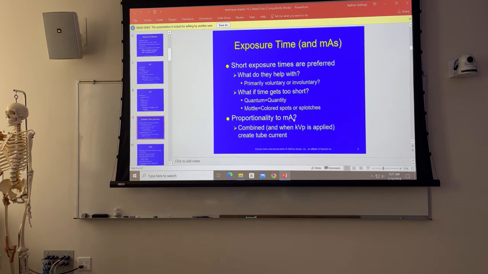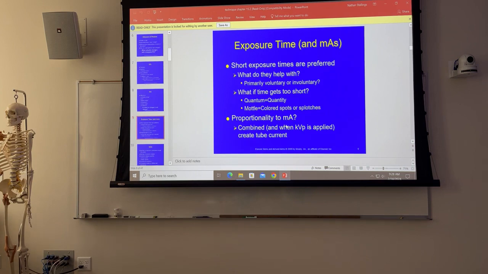So proportionality of MA is half a mass. Regardless of what our MA is, we multiply it times the time in seconds, and we create mass. We can use reciprocity to increase MA, decrease time, and maintain the same mass, right? So we've talked about when we would use that. If we wanted a breathing technique, and we had a perfect technique mass-wise, then we would reduce MA and increase time. If we wanted to limit motion artifact, if we had a patient who couldn't be still,